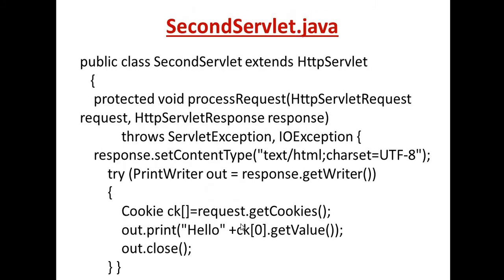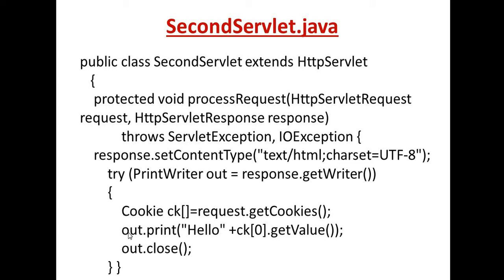Now the second servlet page simply retrieves the data from the first servlet and runs the program. So how do we retrieve the data, the value which is added here, the cookies? The object of the cookies, but we are using here an array of cookie objects equal to request.getCookies. So this is the method by which we are extracting the cookies information from the previous servlet.